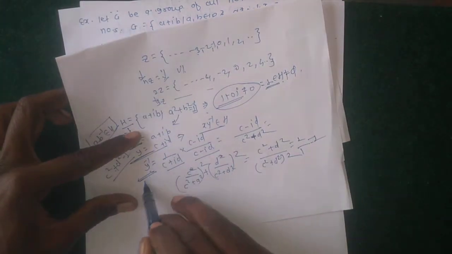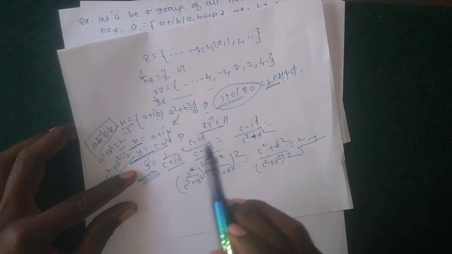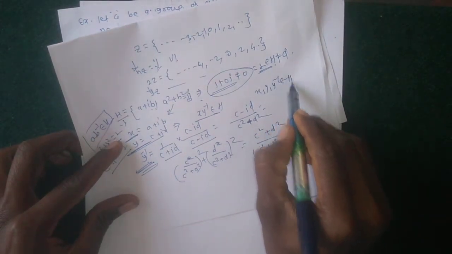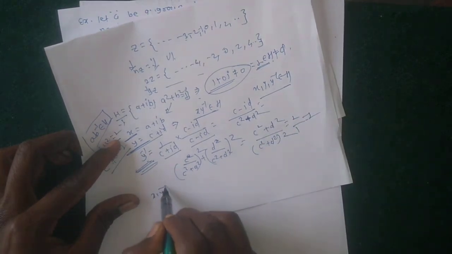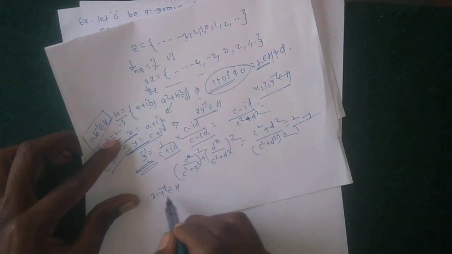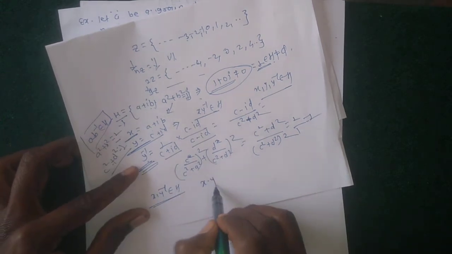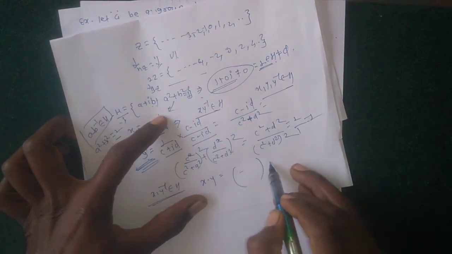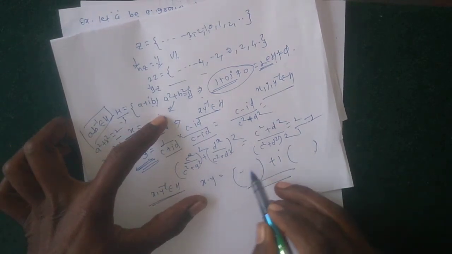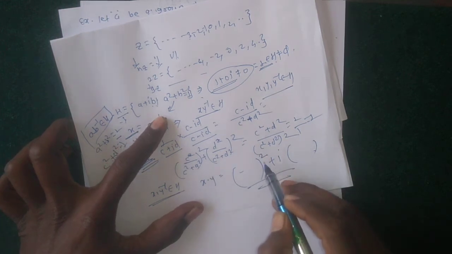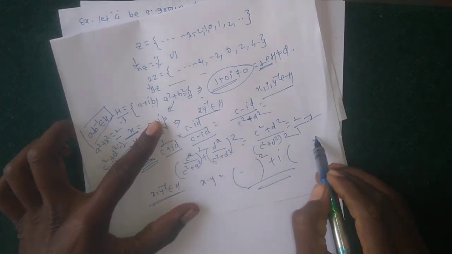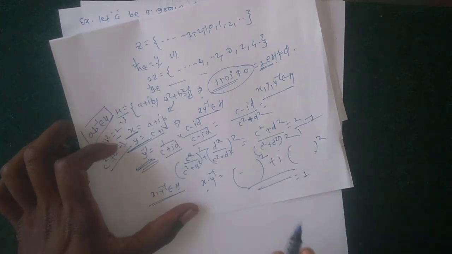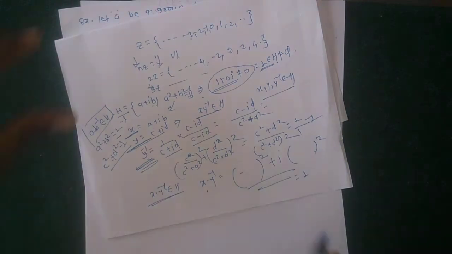Therefore this inverse element also belongs to H, which means x belongs to H and y inverse belongs to H, and we get that xy inverse belongs to H. The value of x into y inverse gives the square of this number, and the square of this number is equal to 1, so xy inverse also belongs to H, and we get that H is a subgroup of G.